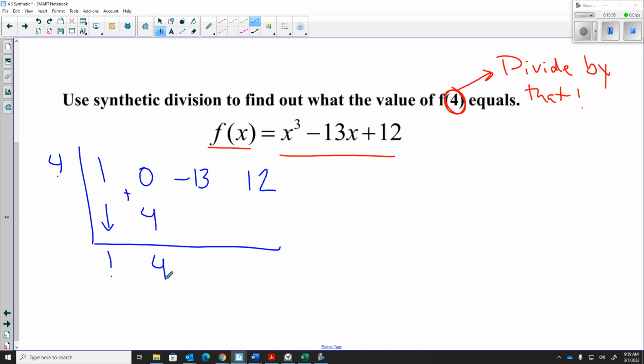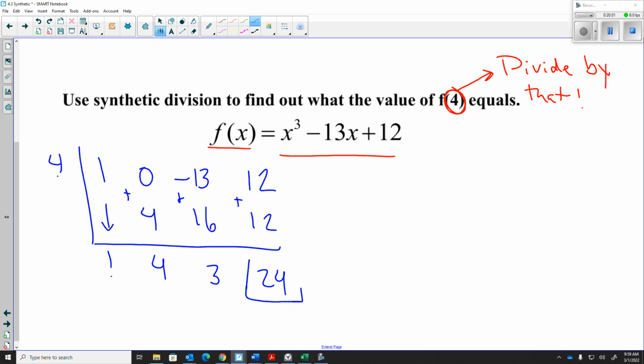Guys feel like you're getting a sense of the process here? Multiply, add, multiply, add, multiply, add. 4 times 4 is 16. Add, negative 13 plus 16 is 3. Multiply, 4 times 3 is 12. Add, 12 plus 12 is 24. All right, so 24